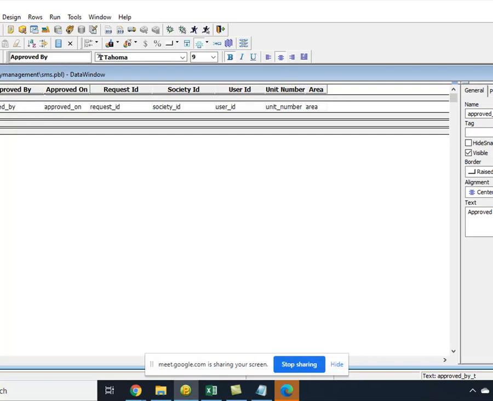Perfect. So what we can do is, if underscore T is there at the end, it means it is a header.